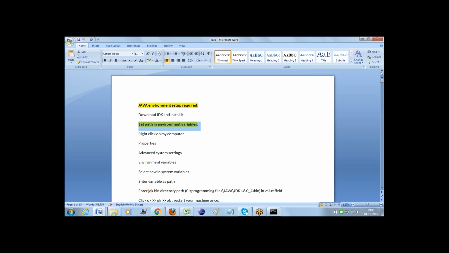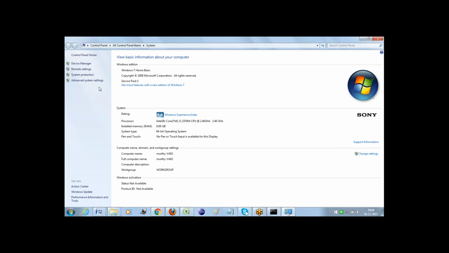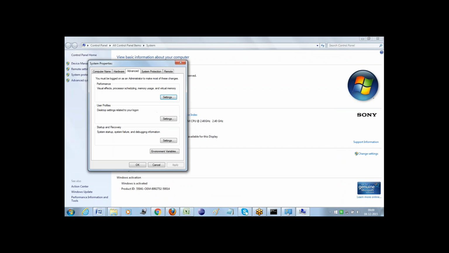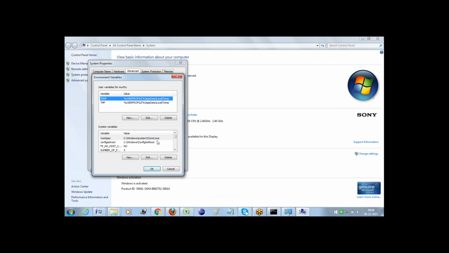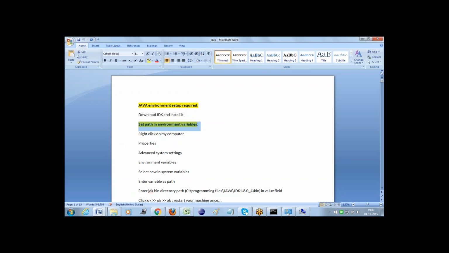Once after successful installation, we need to set the path in the environmental variables. The path means we need to set the Java folder location in the environmental variables. How can we do that? Right click on My Computer, go to properties and then advanced system settings. From there, go to environmental variables, and from here go to path and edit.